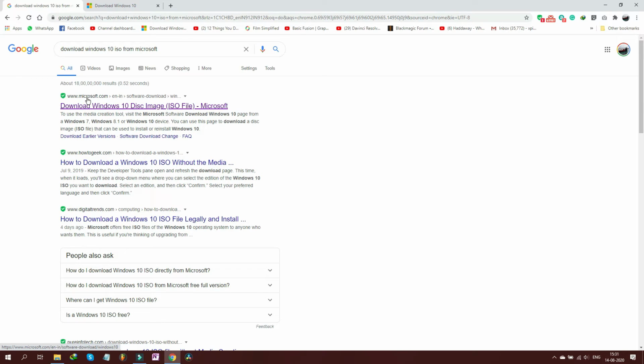So we have to go to the Microsoft site, because if you download Windows from any other site, it could be a pirated version or an illegal copy, and then later on you might get into trouble. And sometimes hackers have put their code in the ISO. It might look like normally functioning Windows to you, but in that they put backdoors.